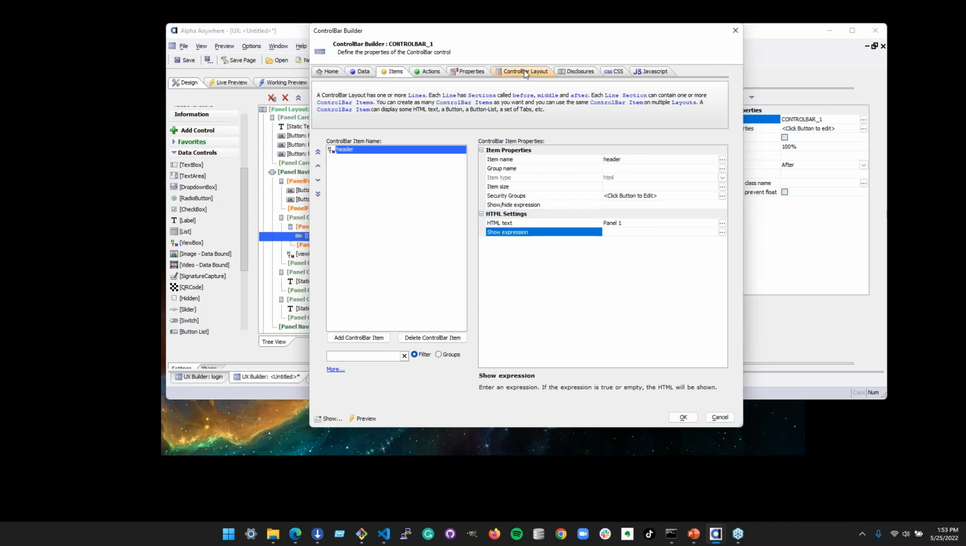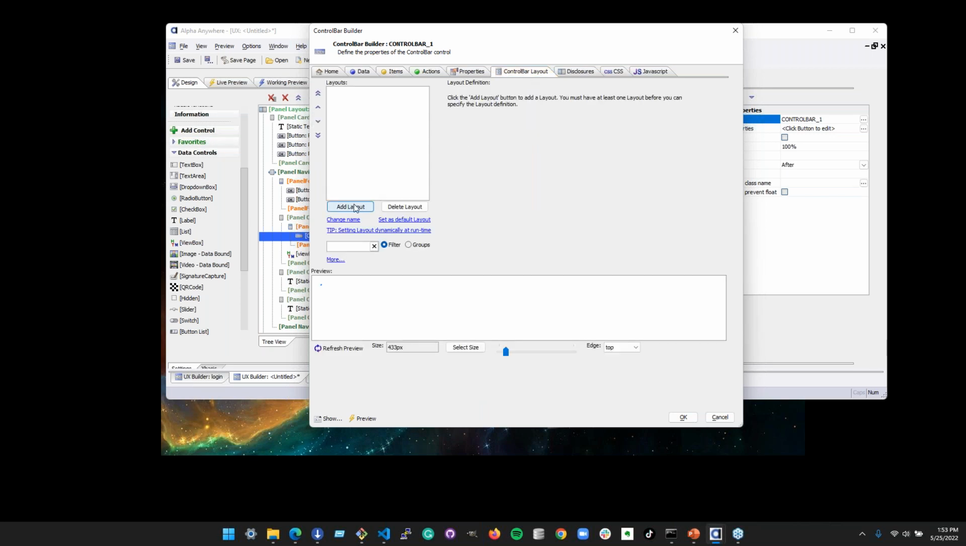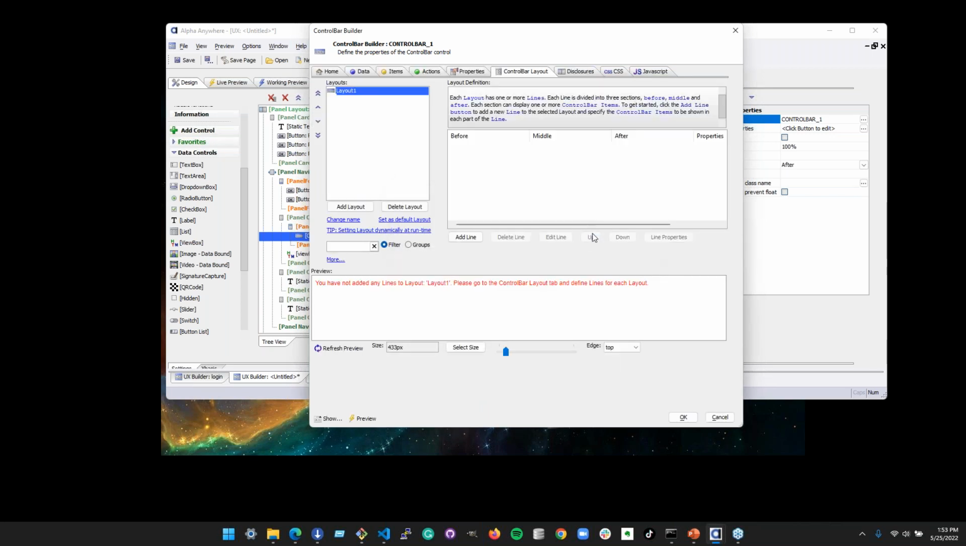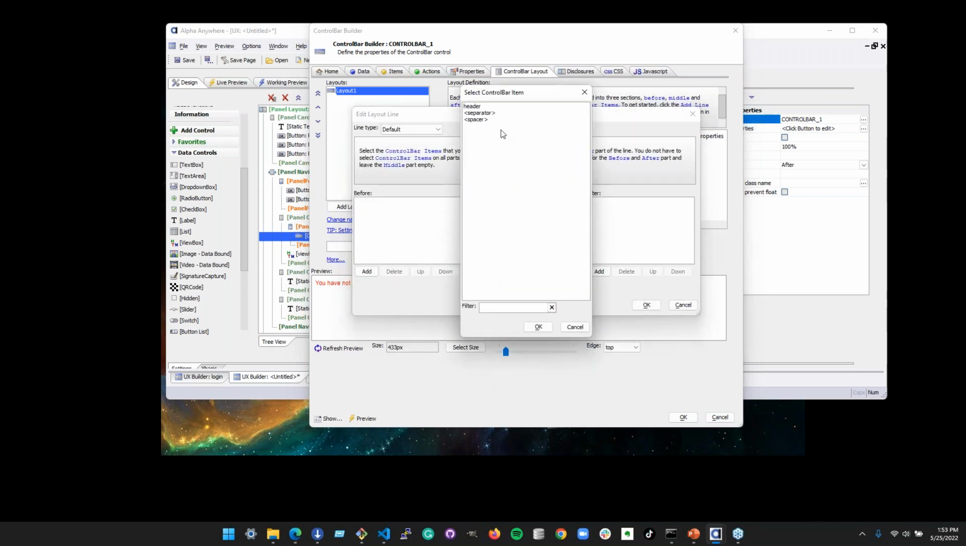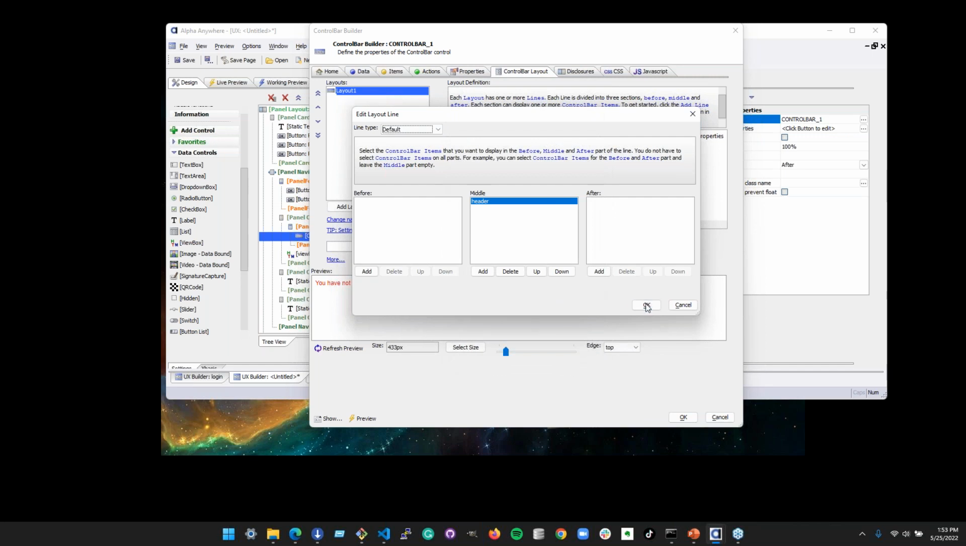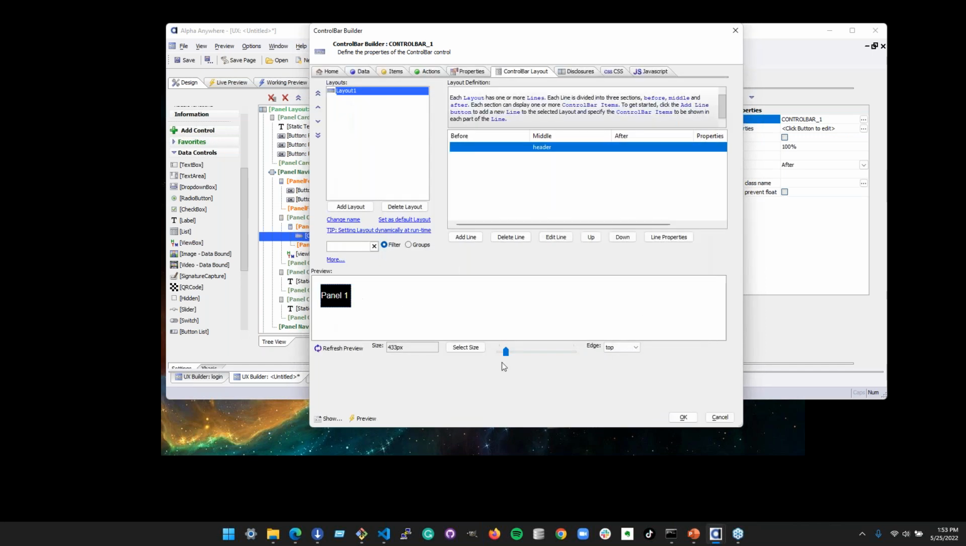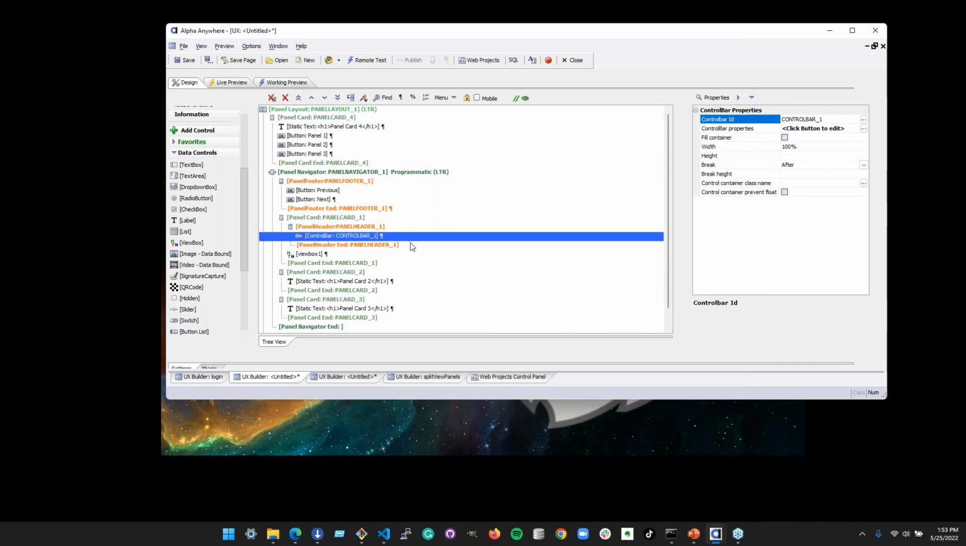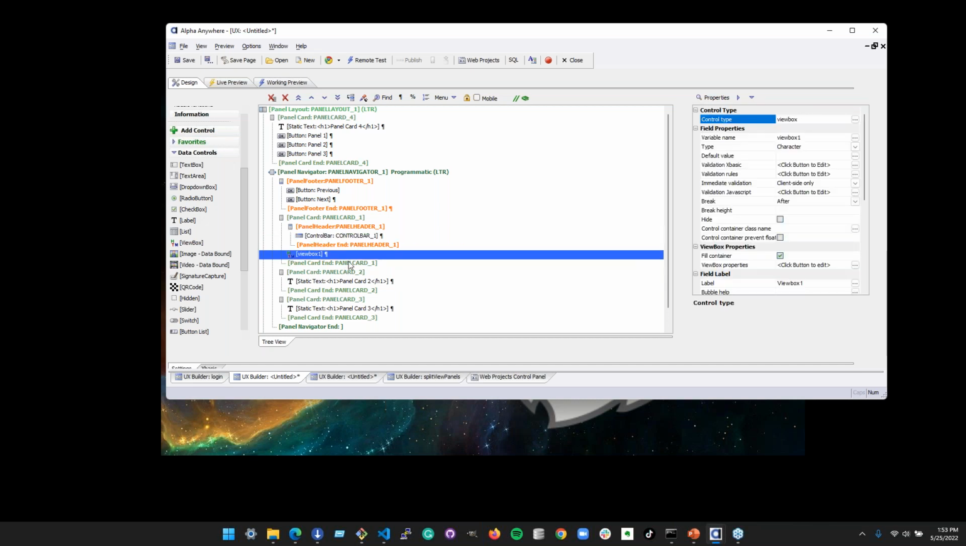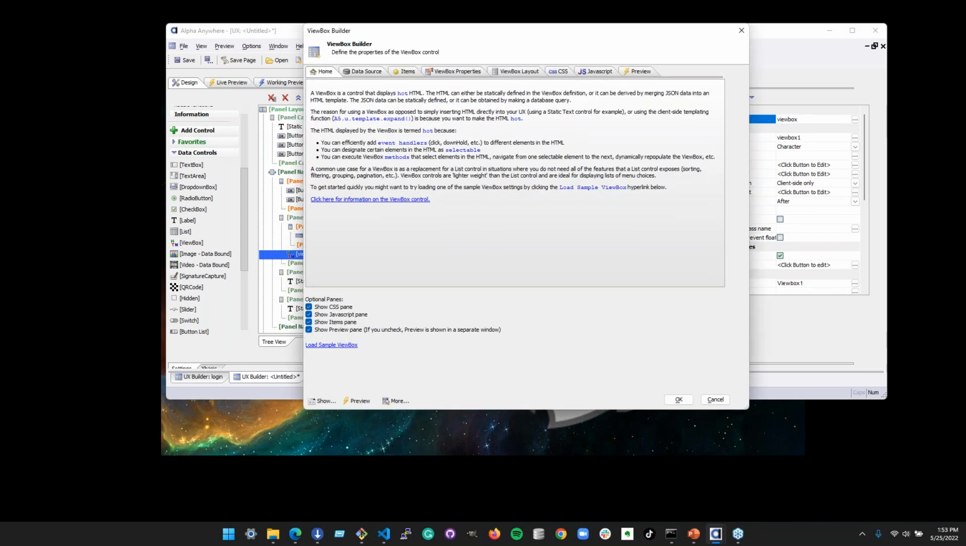All right. And then make a layout for this because the control bar doesn't display anything if it doesn't have a layout. We'll just add the default layout. We'll add a line to that layout, and in the middle, we'll add our header. Okay, done. So that's going to display the text panel 1. Click OK. So now this has a control bar on it that displays text, but that view box is going to fill all the available space that's left in the panel part,